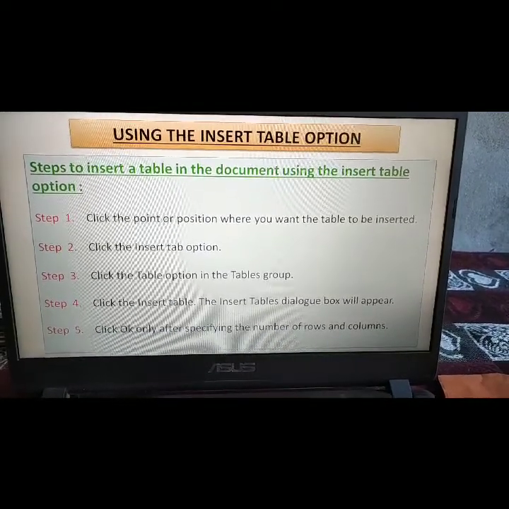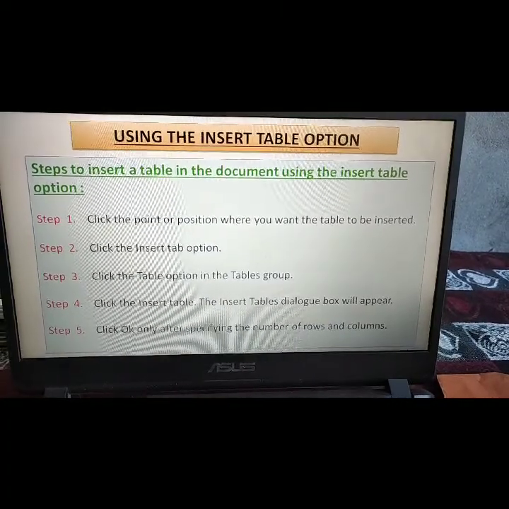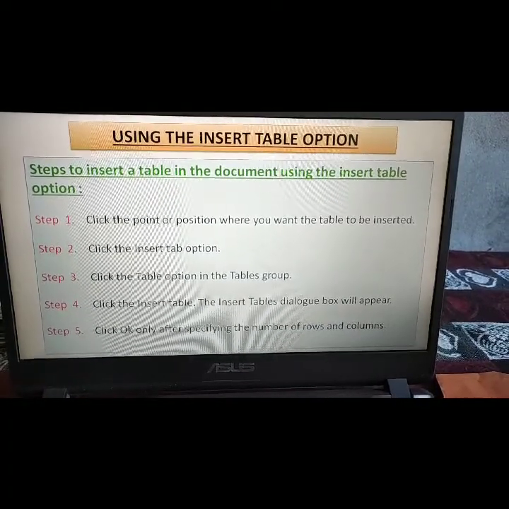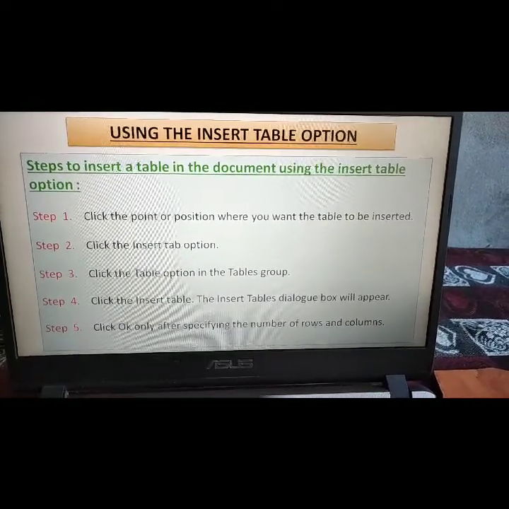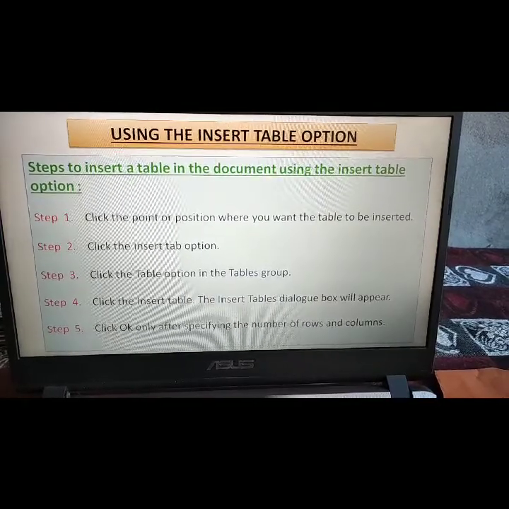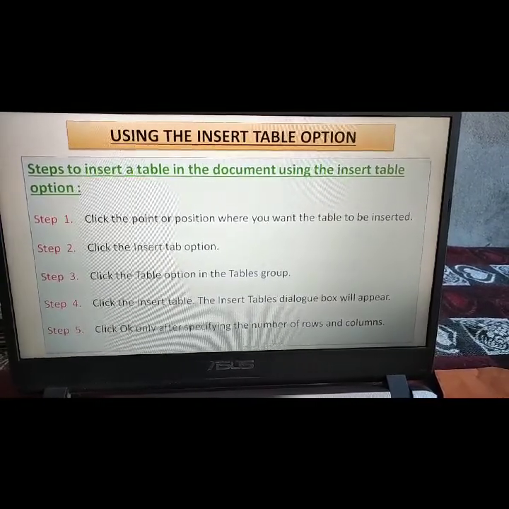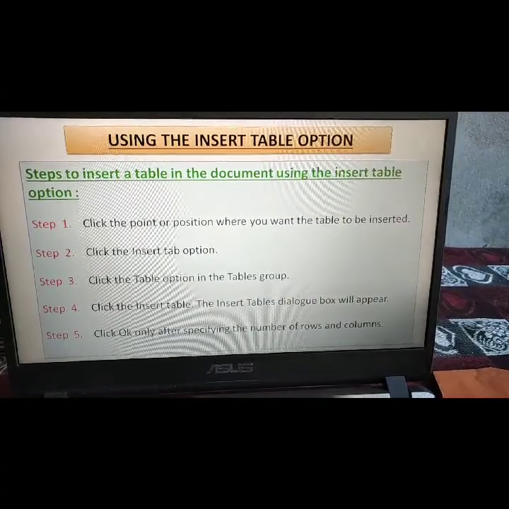And step 5 is you go to the insert table and table size. In the table size the number of rows and number of columns is there. You can specify the number of rows and columns. That means what number you want for rows and columns.